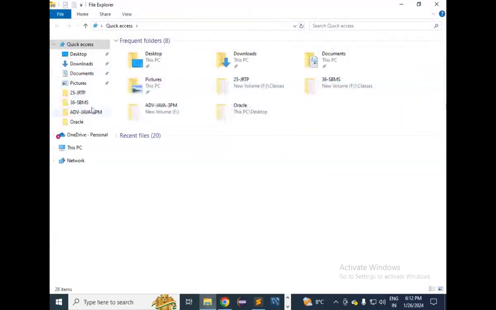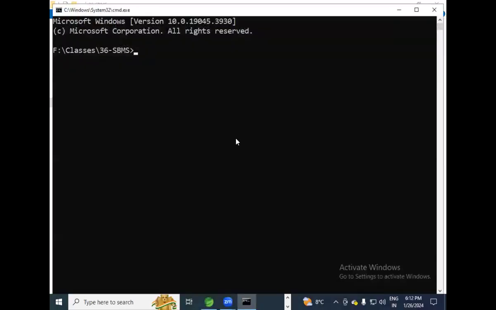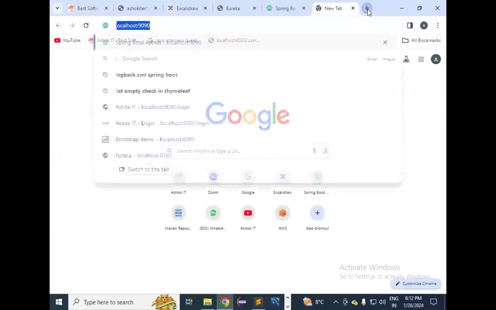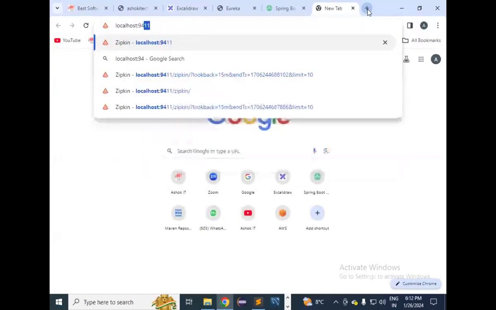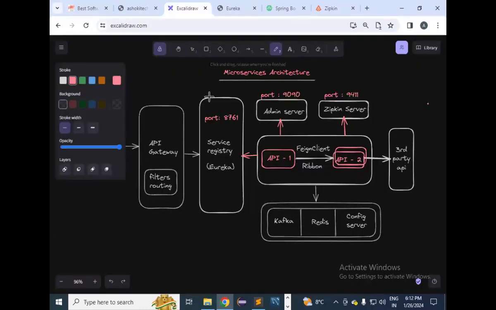Similarly, we also have a Zipkin server. Zipkin server is used for distributed tracing. Let me run this with java -jar and the Zipkin jar file. It will be running on port number 9411, which is the default port number for Zipkin server. When I use this Zipkin dashboard to get the tracing, currently traces are not available. So with this, if you observe, our service registry is ready, admin server is ready, and Zipkin server